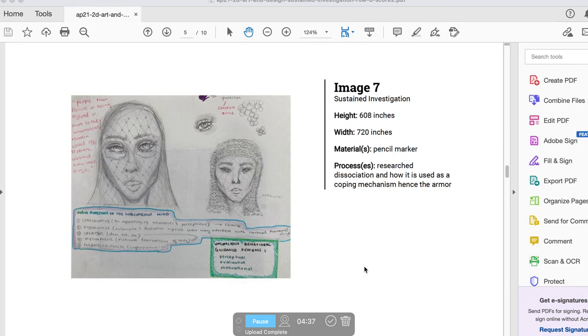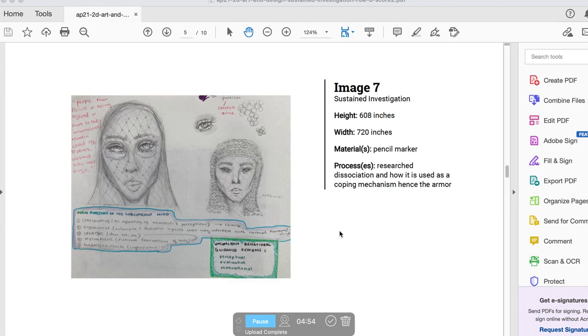Image 7. This is another process image. Pencil and marker. Processes. Research disassociation and how it is used as a coping mechanism, hence the armor. I will say in your process images,